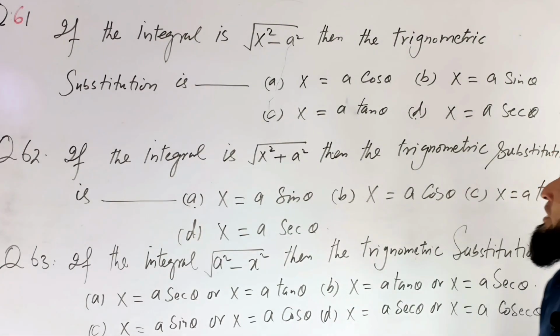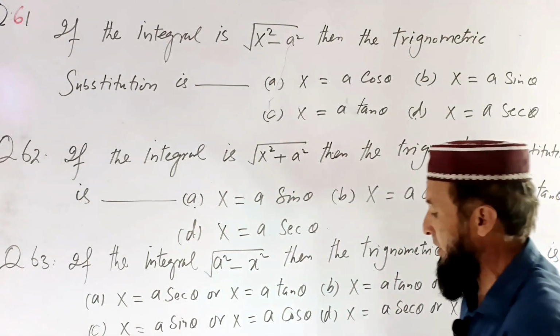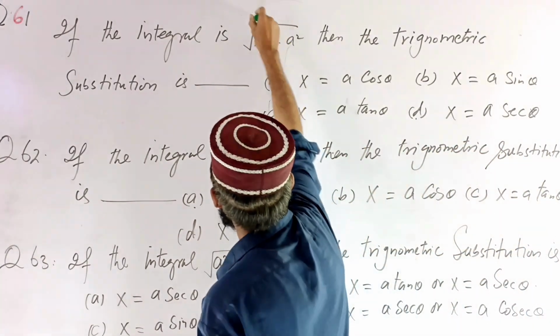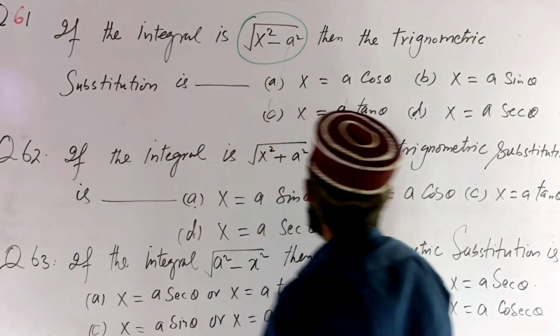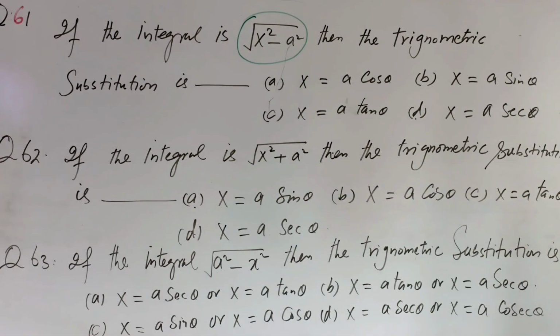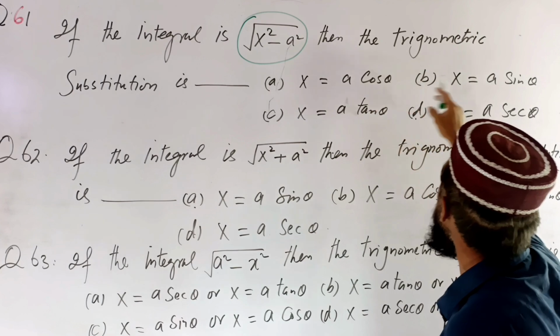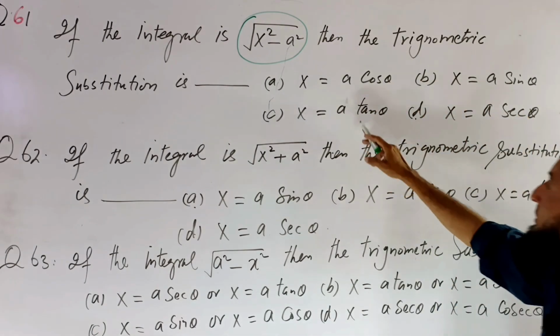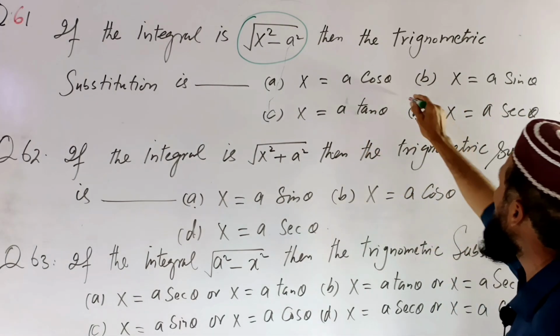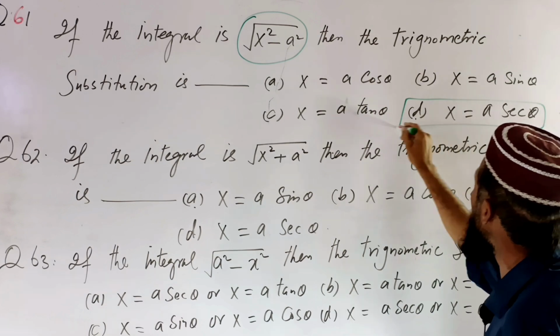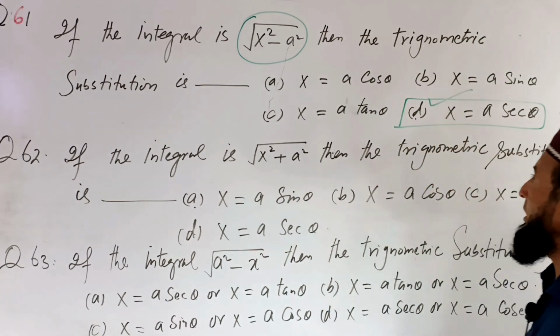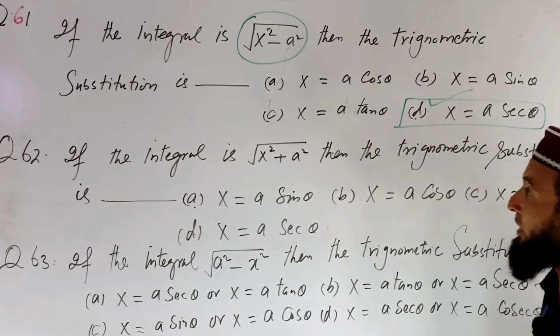Our integral involves the square root of x square minus a square, so we use a trigonometric substitution. What is the trigonometric substitution? Is it x is equal to a cos theta, x is equal to a sin theta, or x is equal to a tan theta? D is the correct option, because as we know the formula for the derivative of